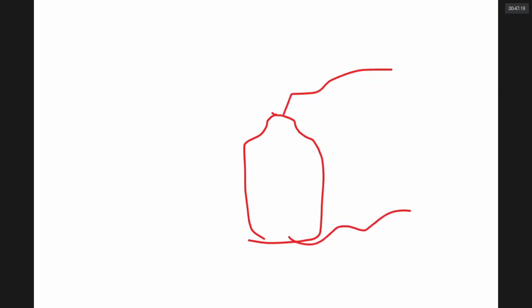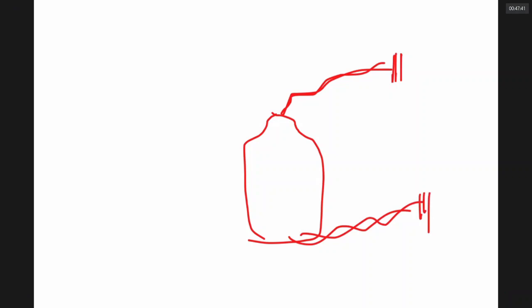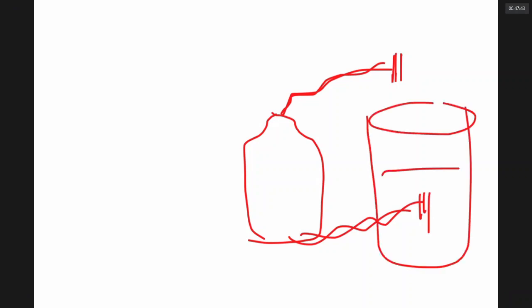Well, in my home, I have a battery. To the battery, I can fix a wire here and another wire here. Can I do it really? Yes, you can fix it using a solder gun if you have, or you can tie with a fine wire. Anyway, you can connect a wire here, a wire here. Here you can put blades. Immerse these two blades in a glass of water containing salt. Can I really do it?